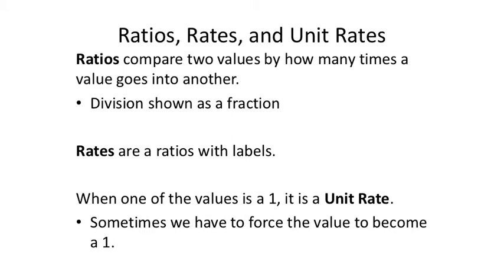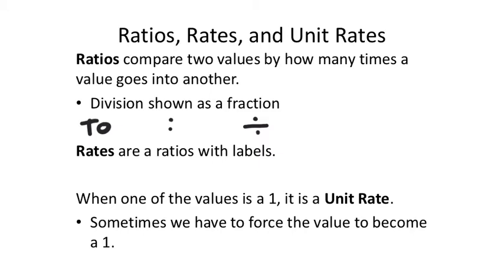Which usually means that we're looking at how many times one value goes into another. So sometimes it doesn't go into another value a whole number of times. Maybe it's only half of a value or a fourth of something like that, okay? But when you do see rates, you're looking at division, which we're going to be showing as fractions. So as a ratio, you may see the word "to" between the two numbers. Sometimes just a colon between the two numbers. You could even technically put a division sign between the two numbers, which is just kind of a colon with a line between, right? And there are different ways to show division, but for the most part, we're going to be